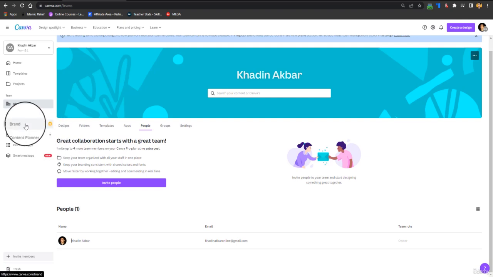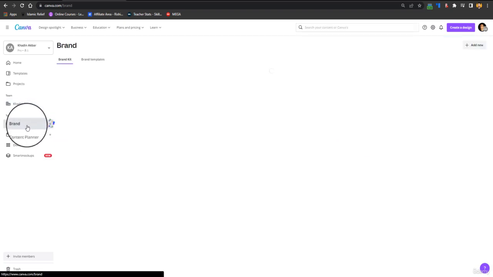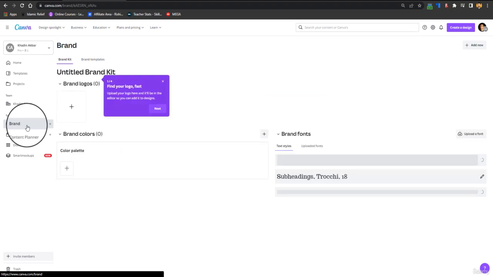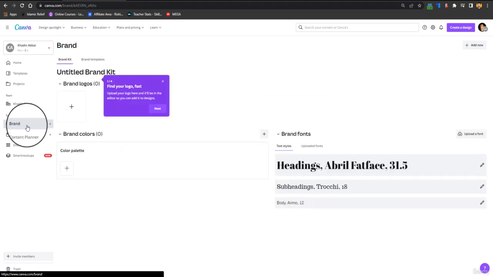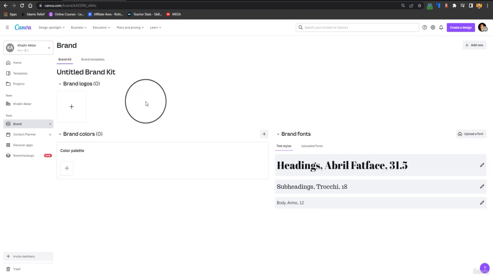And the next important advantage of using Canva Pro is multiple brand kits. You can create brand kits for each brand. I don't know the limit, but with the basic version, I think you can create 2 or 3 or maybe 1. But here you can create multiple brand kits for multiple brands. And if you don't know what a brand kit is, let's just ask Google for that.